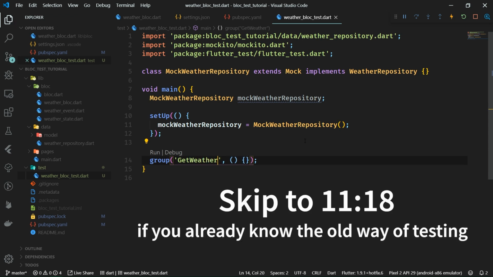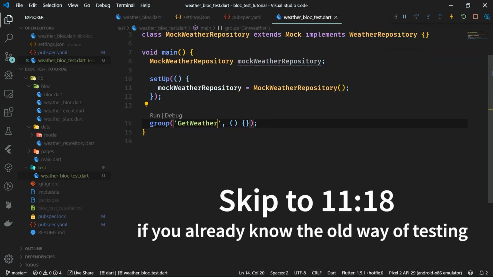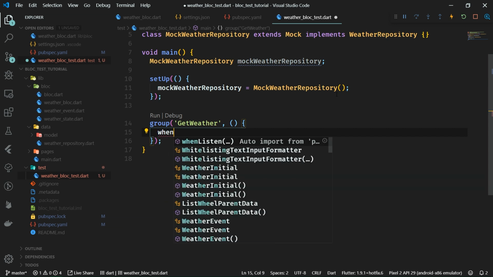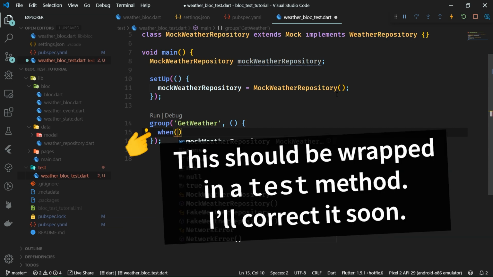And we're going to first, as I promised, take a look at the old way of doing things, as you were doing that all along probably, because just a while ago the bloc test package was not available, so this was the only way to test your blocs. But now there are actually better ways, but let's appreciate how they are better by first looking at this old way. So we're going to first mock that when